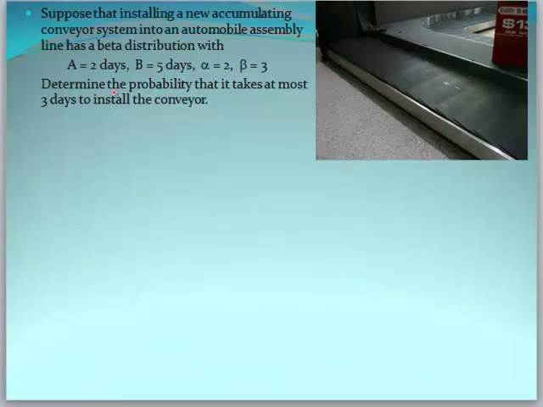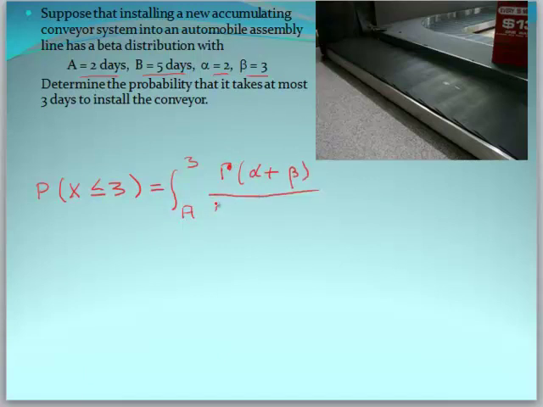So here's our conveyor system. A is equal to 2 days, B is equal to 5 days, alpha is 2, beta is 3. First let's draw. We know that the probability that x is less than or equal to 3, if we have this distribution, is, well, we're integrating from A, that's our starting point, can't be less than that, to 3 days, of gamma of alpha plus beta over B minus A over gamma alpha, gamma beta,